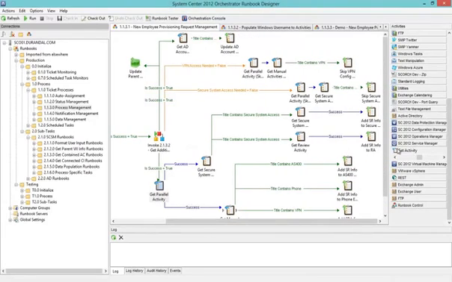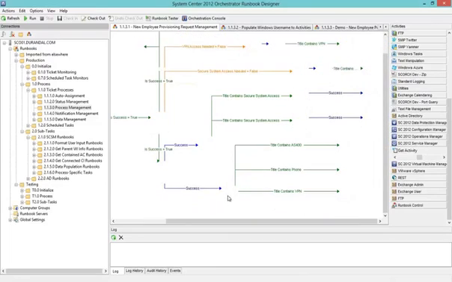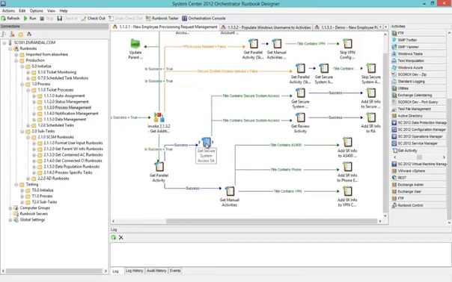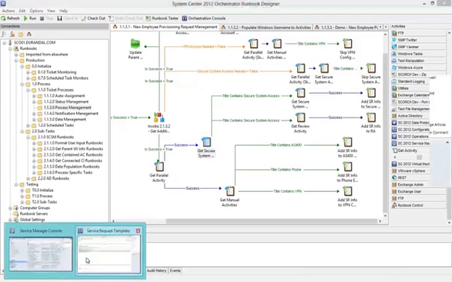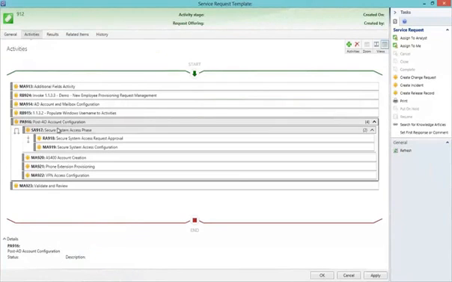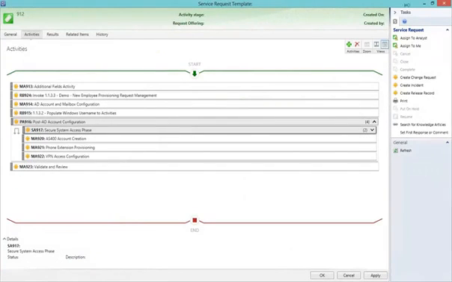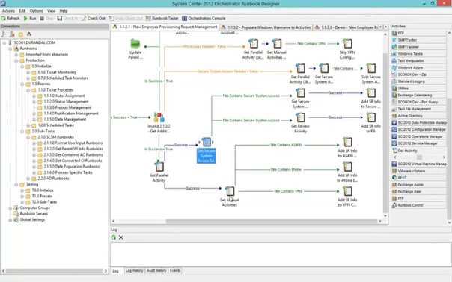From that parallel activity, we go off two more paths, manual activities and that secure system access sequential activity. Because we have beneath that two sets of activities, the manuals and the SSA, or the SA, we go two different paths to grab those. For the secure system access, I have to grab the sequential activity, and then beneath that, I grab the review, the manual activity and the review activity, and then add information to them. Functionally, it's configured the same way as the top branch, but it just has extra steps to navigate the data